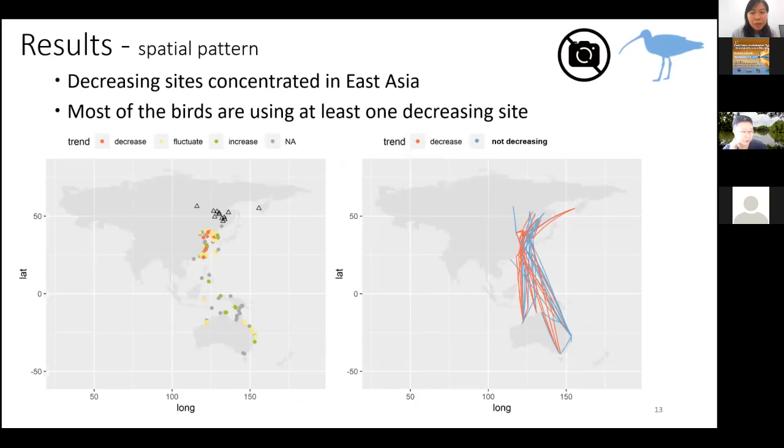So afterwards, we investigated the spatial pattern of the habitat change along the migration route of the Far Eastern curlew. The left figure shows the sites that we generated, and we incorporated the classification scheme from Nick, in which we classify the sites as decreasing if they have an annual percentage change lower than -1.5%. So all these decreasing sites are concentrated in the East Asia area, and there's no significant trend for other sites